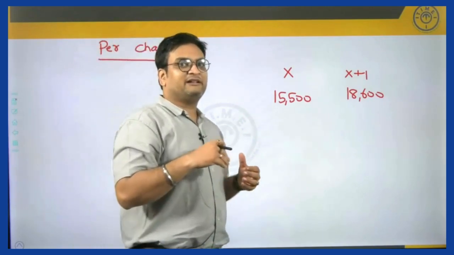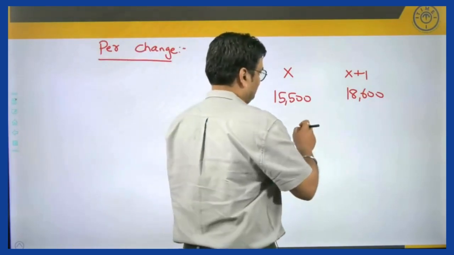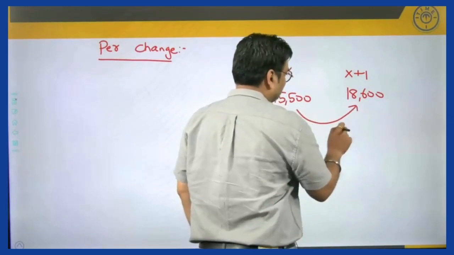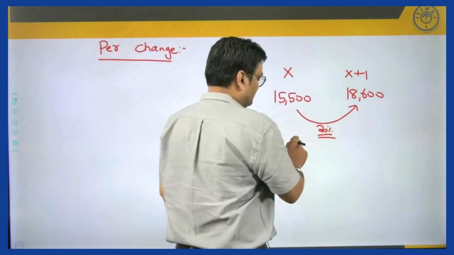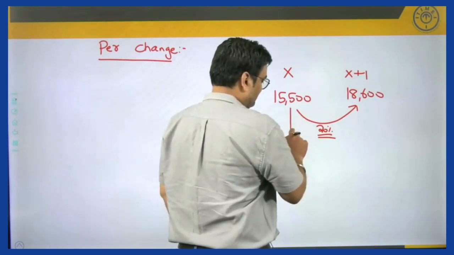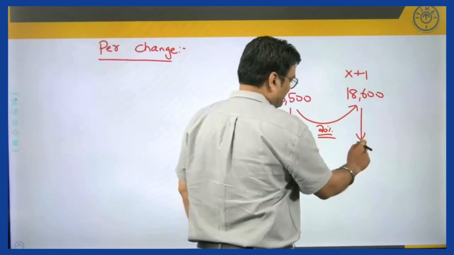Now, it would be slightly difficult to remember these values as compared to saying the percentage increase here had been 20%. That means what? If it was 100 rupees or 100 units, the profit or sales here would be 120